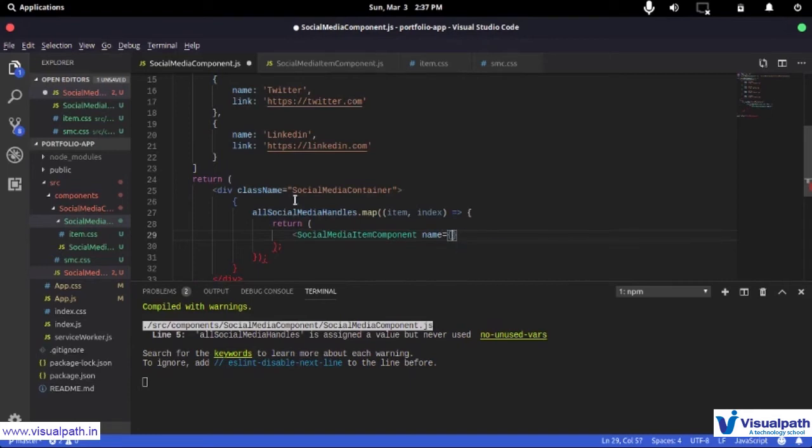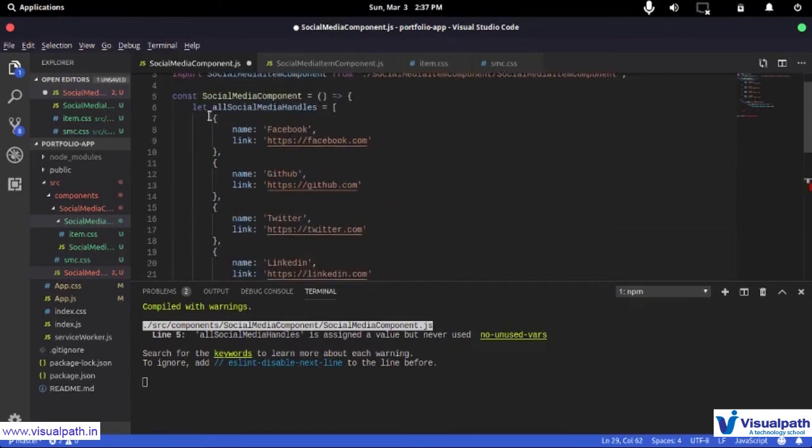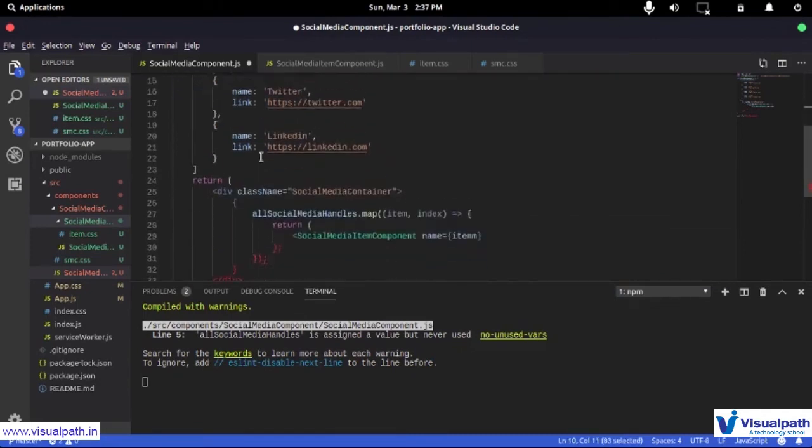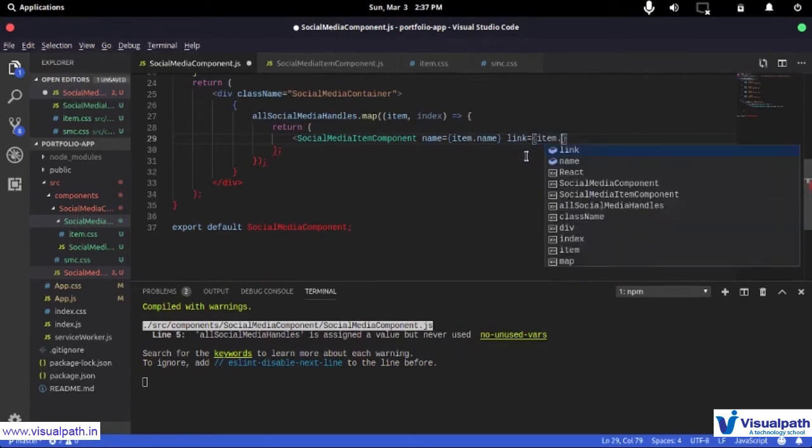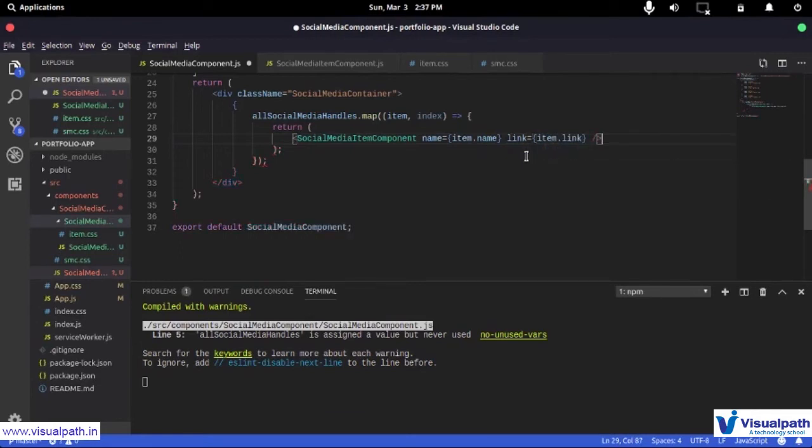My item is an object, as you can clearly see here. Every single element of this array is an object. So my item is an object, and inside that item is a property called name, so that is the name, and the link will be item dot link.